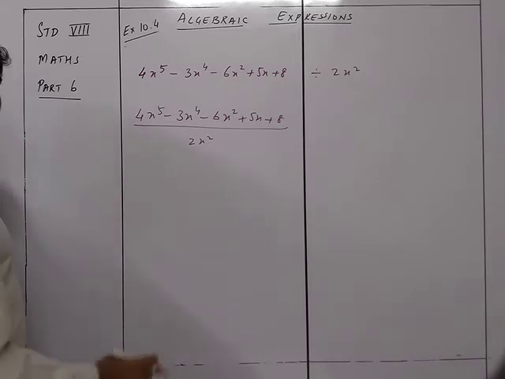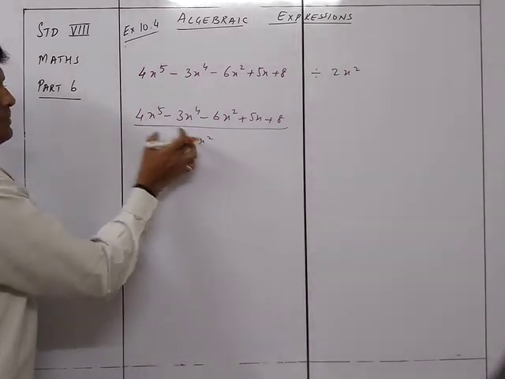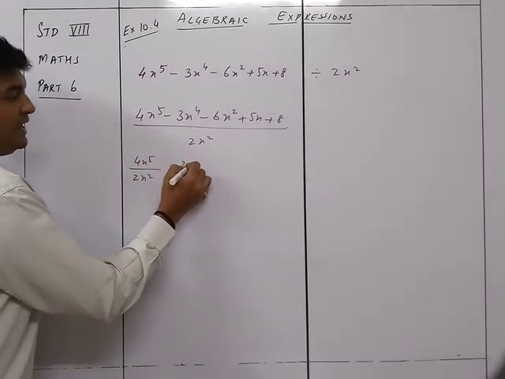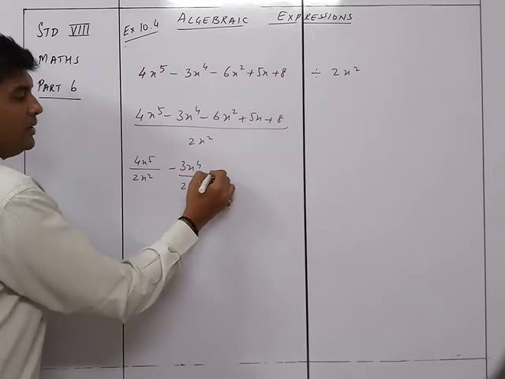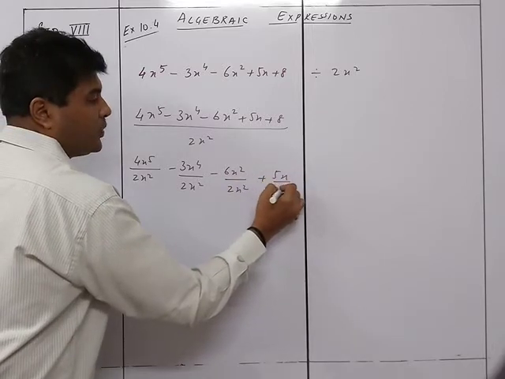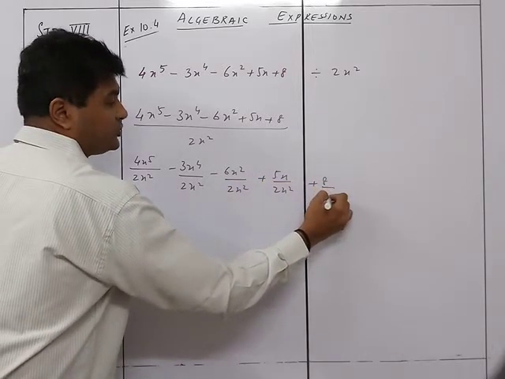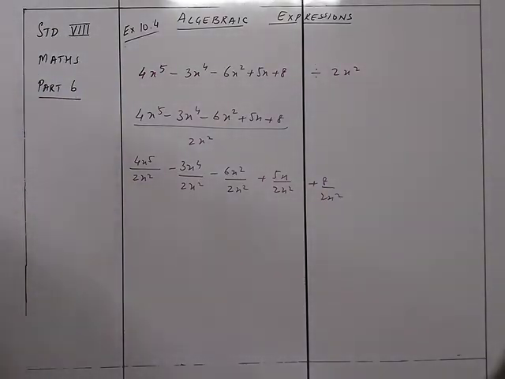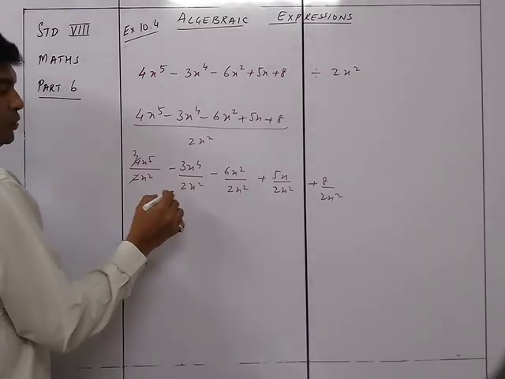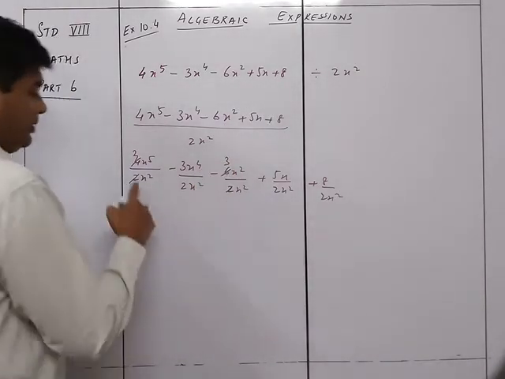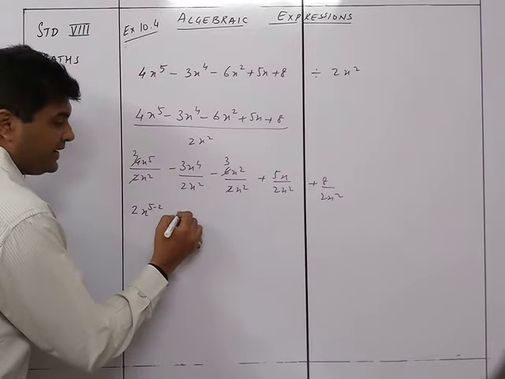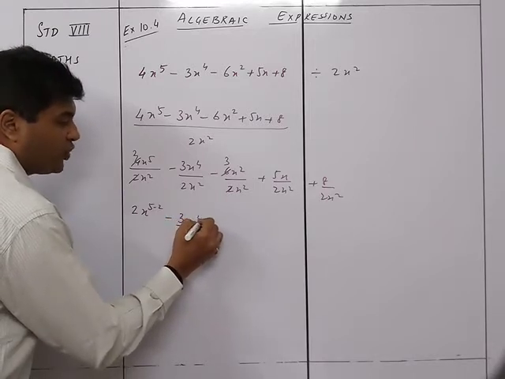And after that, you are going to split the denominator. That means this can be 4x raised to 5 upon 2x square minus 3x raised to 4 upon 2x square minus 6x square upon 2x square plus 5x upon 2x square plus 8 upon 2x square. Clear? Now once you have this, you are just going to do the cancellations. So this is going to give you 2, this is going to give you 3. Now we are going to use the exponents. So it will be 2 x raised to 5 minus 2 minus 3 upon 2 x raised to 4 minus 2